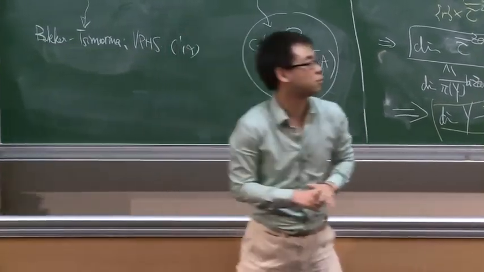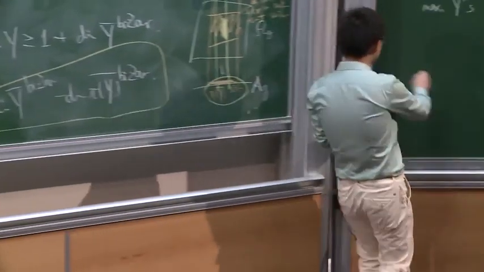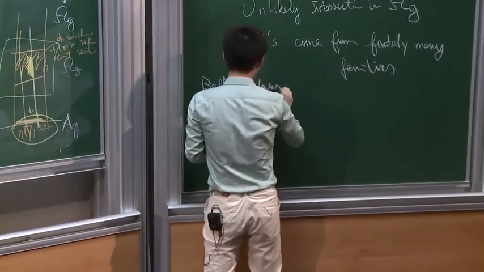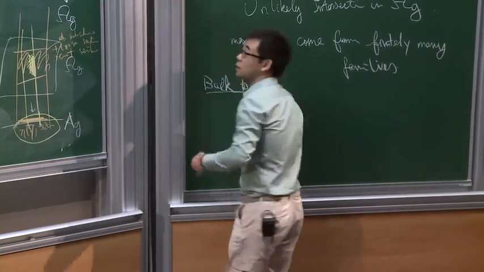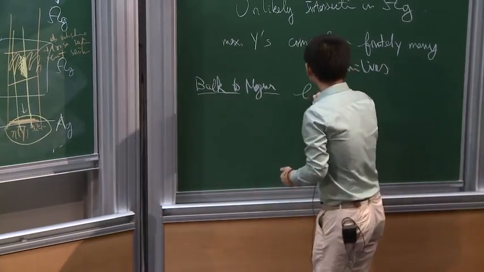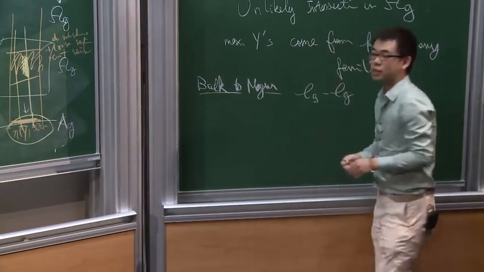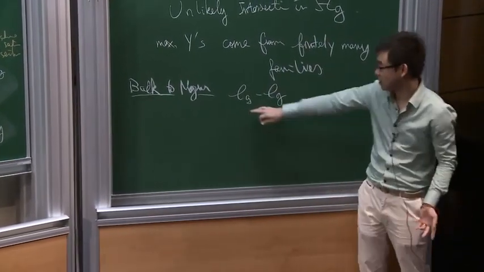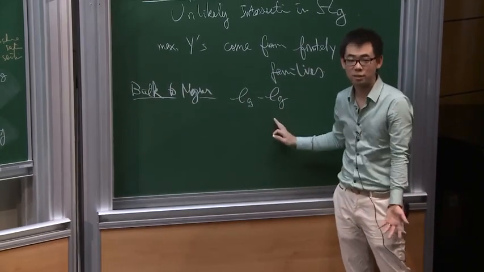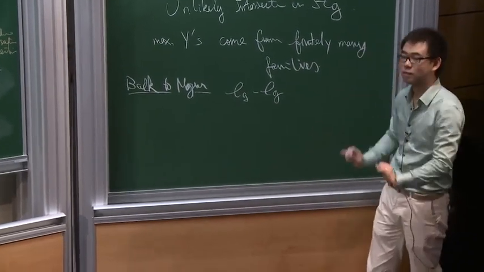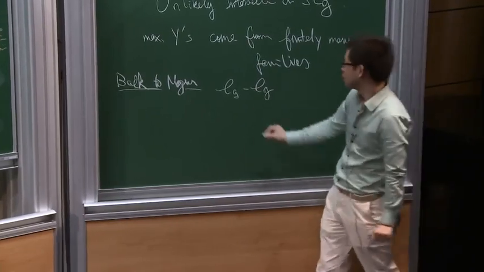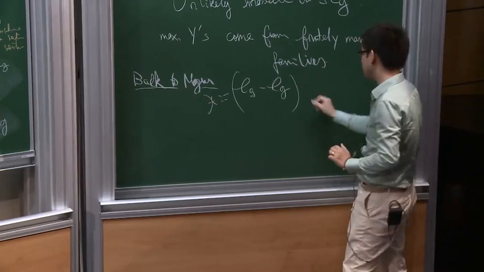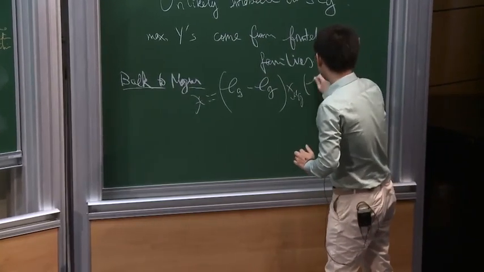I don't think I have time for it, but let me go back to our counting problem, back to Mazur's question. Of course, as I said, we want C_G minus C_G to be non-degenerate. Unfortunately, it's not true, just for a simple reason, because the dimension of this is too large compared to G. So this is not the correct X we take. The correct X we take, there are two ways. I'll take the easy way.